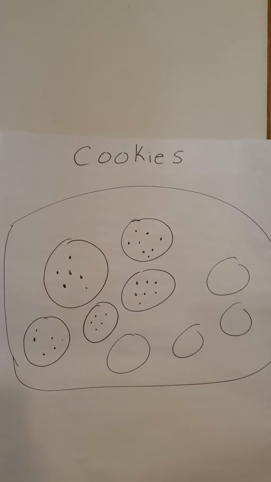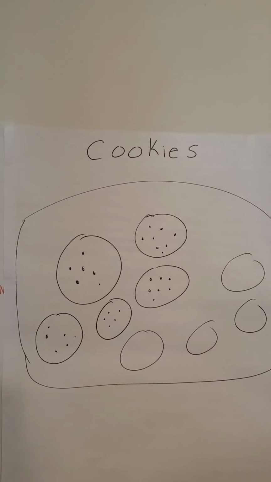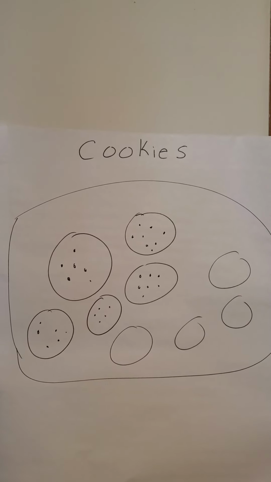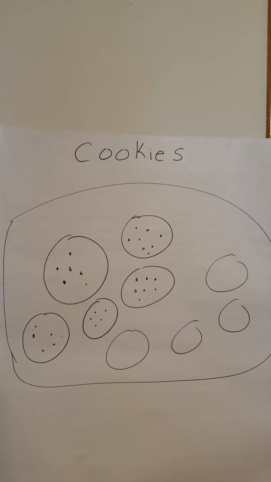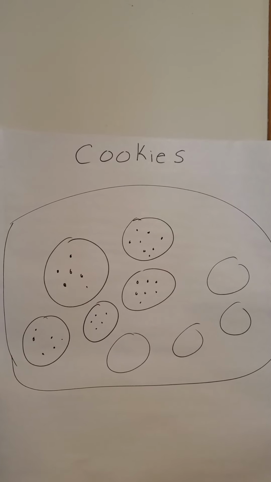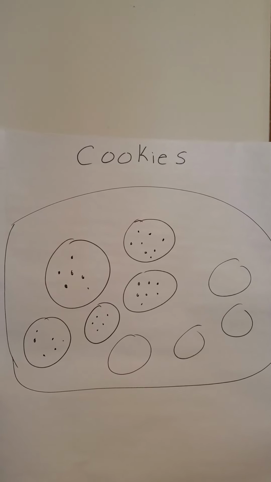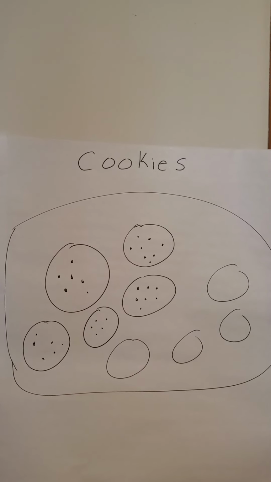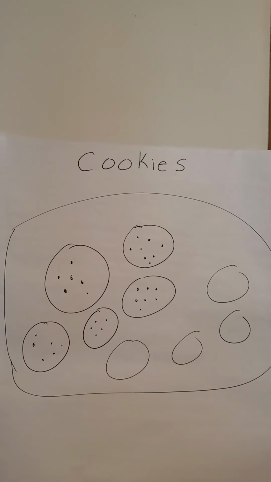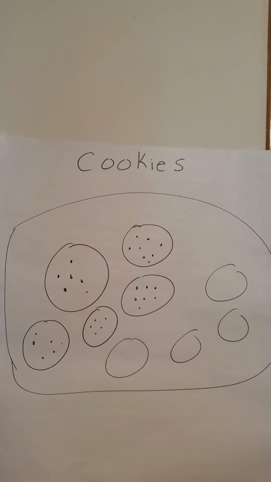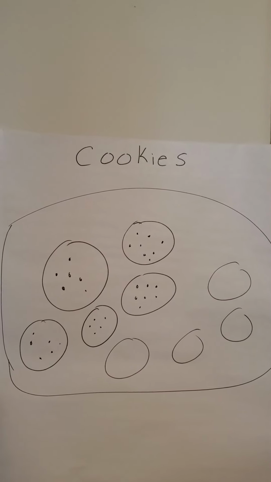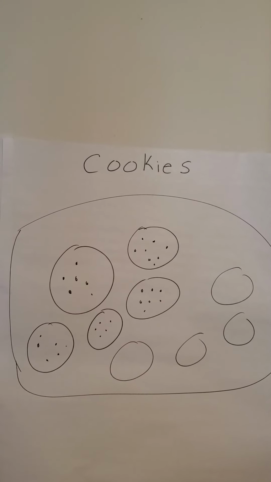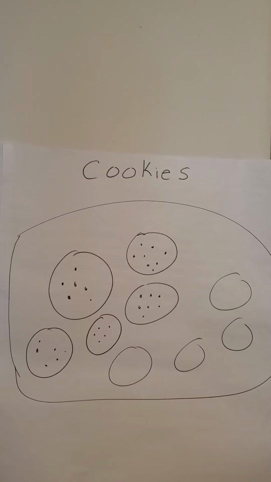So now I'm going to tell you a story and I want you to close your eyes. And the story is going to be about our cookies. Renai and Layla made 12 cookies for the party. 7 are sugar cookies. The rest are chocolate chip. I'm going to say our story again. Keep your eyes closed. No peeking. Renai and Layla made 12 cookies for the party. 7 are sugar cookies, and the rest are chocolate chip.